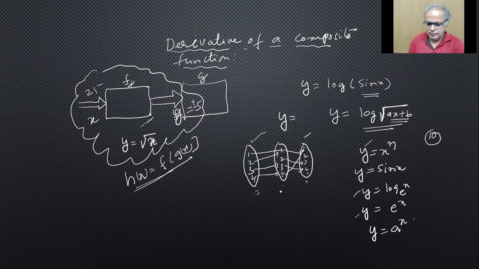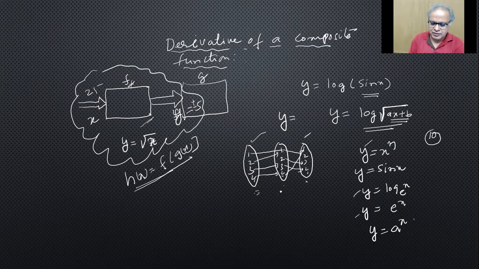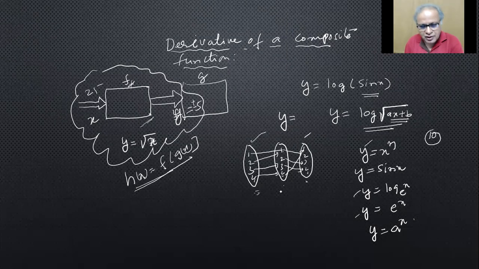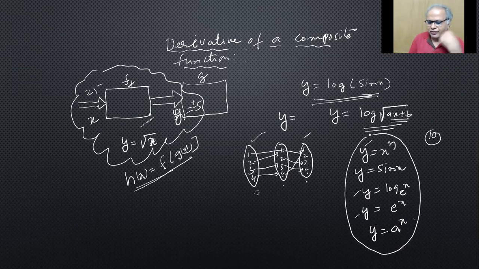You can give a table giving values of x and y, or you can show from one element of this to one element of that by putting these oval shaped figures, or you can write it algebraically. So we will be mostly interested in writing it in algebraic form like this. These are the functions here. You can formulate a few more functions. How? Y equals, tell me, sine of log x.